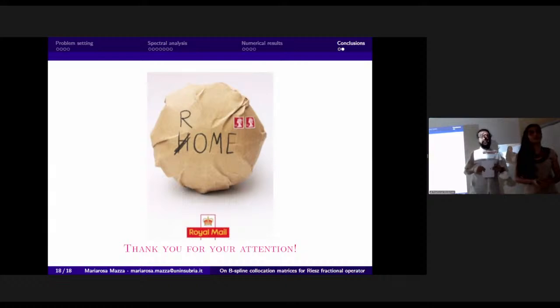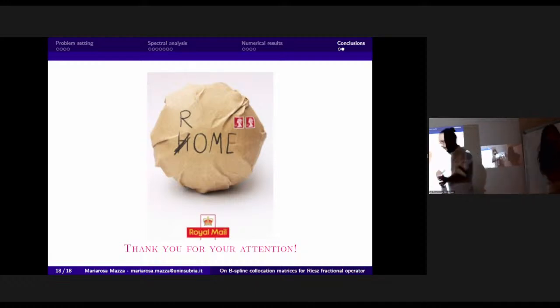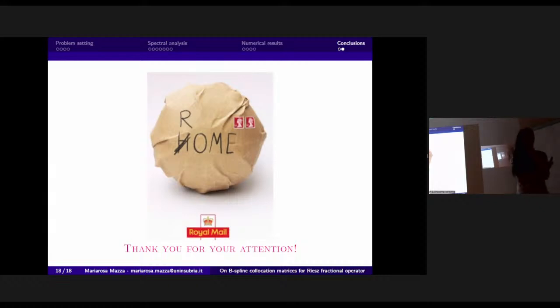Do you think that the better conditioning of Riemann-Liouville with respect to Caputo could depend in some way on the way in which you build the spline basis, in particular on the assumption that you made outside of the interval, where you consider the function equal to 0, both for Riemann-Liouville and Caputo? My question is, do you think it can depend on this part of the spline?